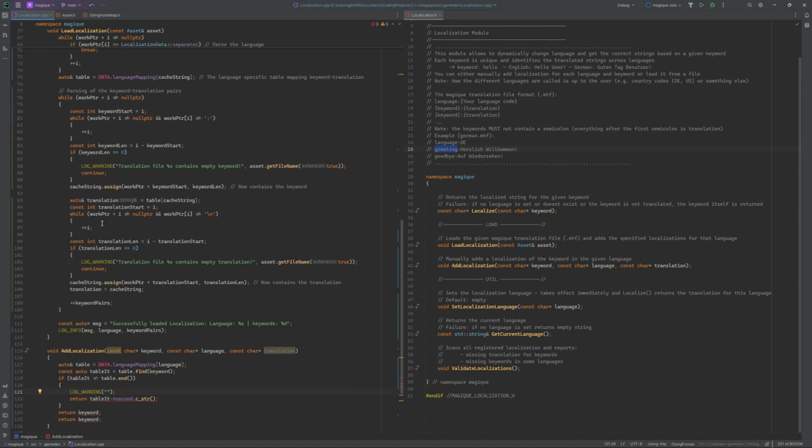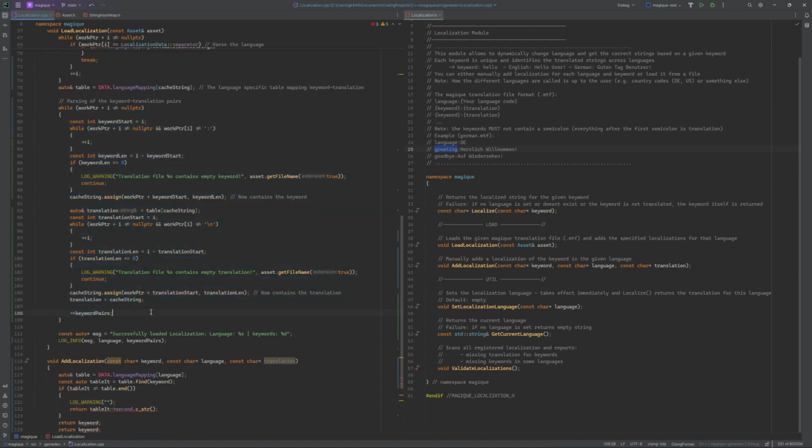Which, now that I'm thinking about it, is actually not 100% true, because here, is it? Yeah, so it is possible that the keyword is valid, but the translation is empty, then you would add a new key,